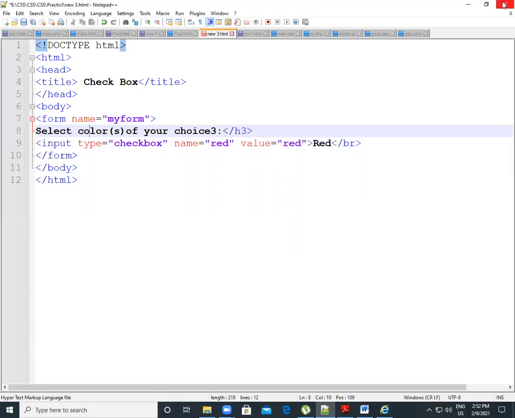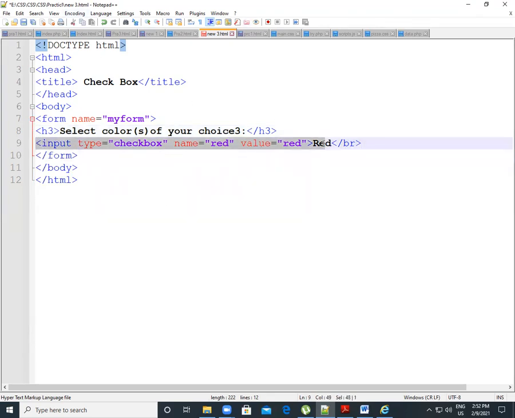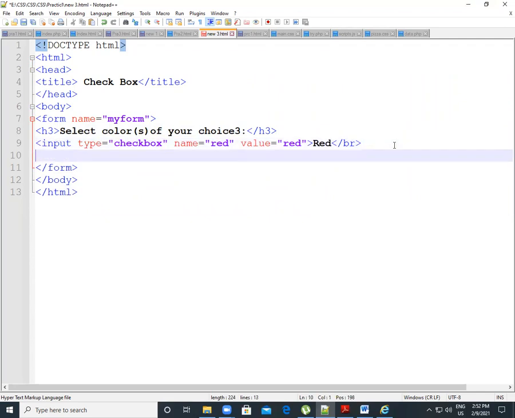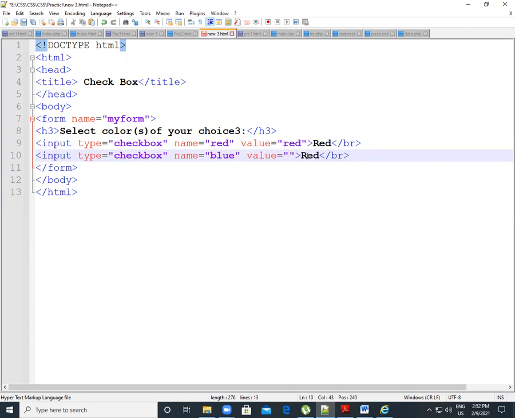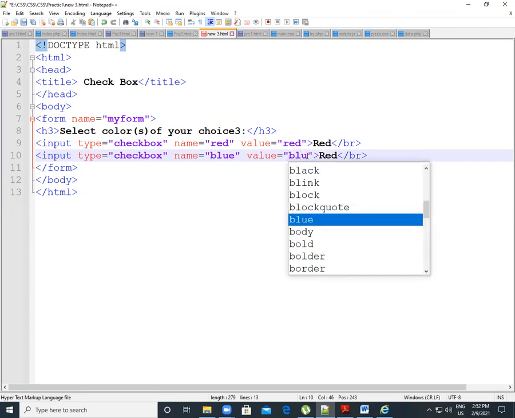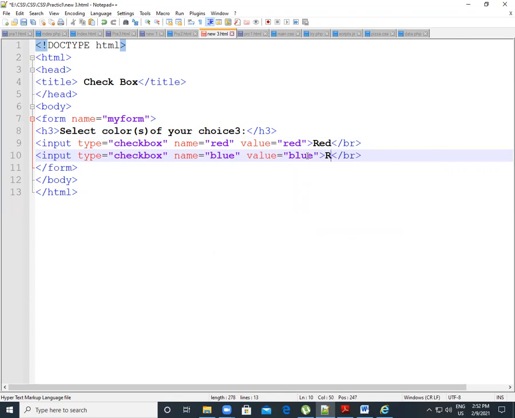So we give some head tag. That way you can do some design part. If you want to change your actual color, you can change the color of this text. But anyway, now let me copy this code and we will change the attribute value and also the checkbox name. If I give here blue, correct, so my choice is also blue.